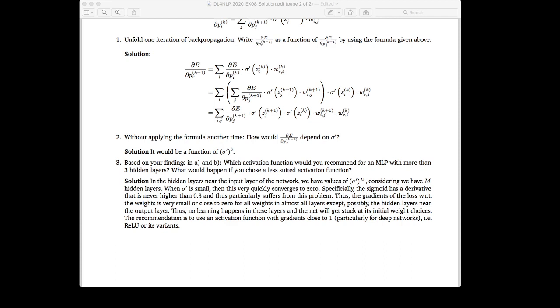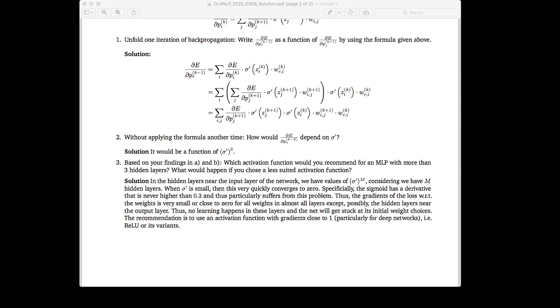What would happen if you choose a less suited activation function? Suppose we have m hidden layers, and we want to compute the gradients at the first timestamp, and then we will receive a function of